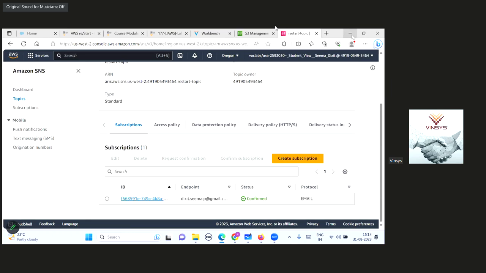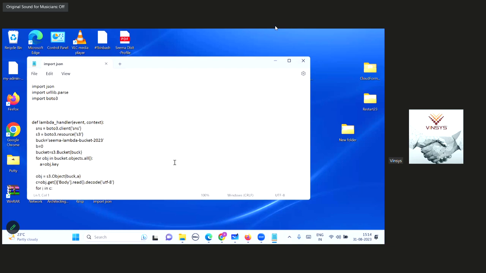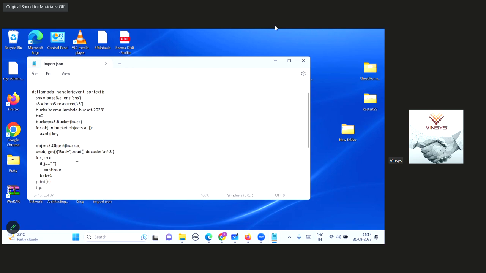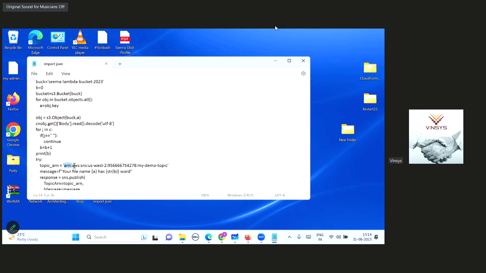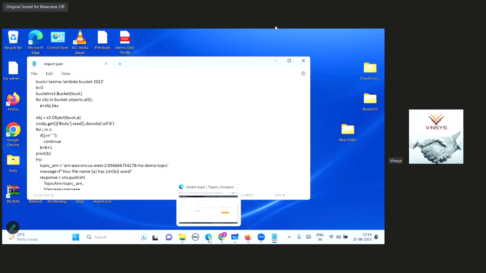So for the Lambda function, I'm just going to use whatever you have sent me. Okay, so the credit goes to you only because you created it. So what I will do, I will replace this bucket name with the bucket which I have just created, and I will replace this topic ARN with the ARN of the topic which I have created. Okay, so for that, let me just go to